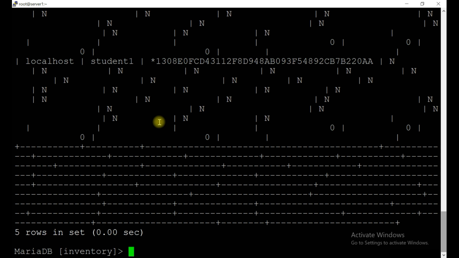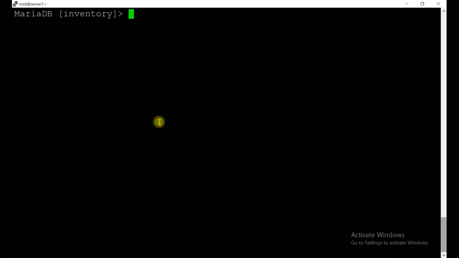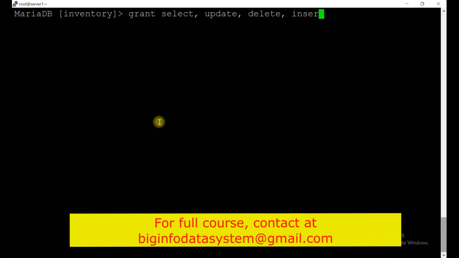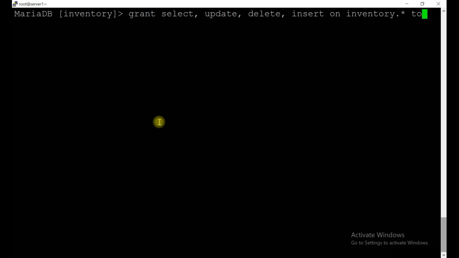We need to grant permission. Clear the screen, Ctrl+L. So grant: first permission we want to give select, then update, then delete, then insert on inventory database, any table, to student1 at localhost.